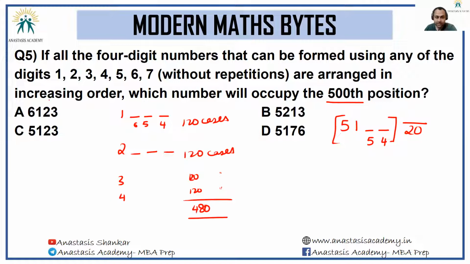The largest number that is starting with 5-1, we no longer have digit 5, we no longer have 1. The largest number left would be 7 and 6 in the last two places. So answer to this question is option D,